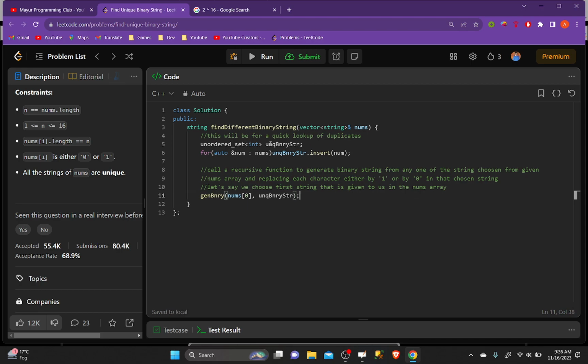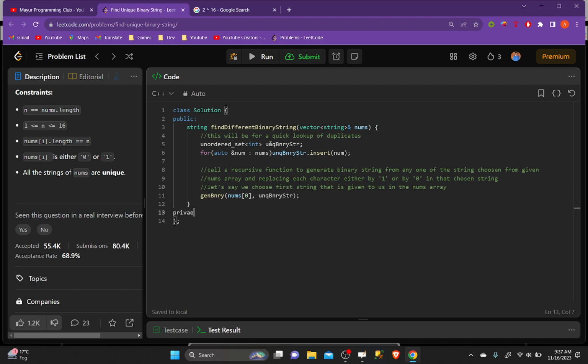Okay. So what we will be doing is we will be modifying this nums. So to modify this nums, we will be making changes to it. Instead of generating a new string. Okay,